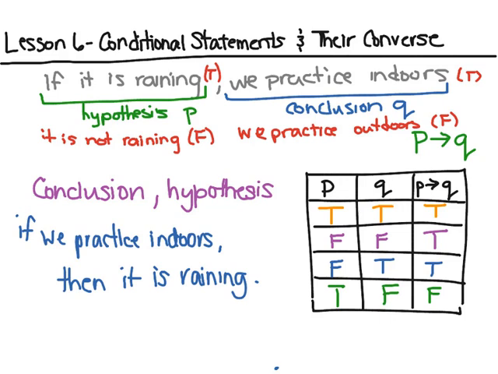So now we check to see if this is true. If we practice indoors, then it is raining. So this is partly true. We know that when you're practicing indoors, it could be raining outside, but it could also not be raining outside. So this conditional statement, or this converse, sorry,